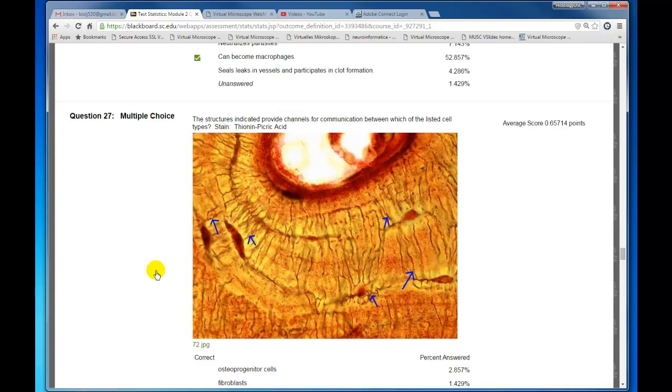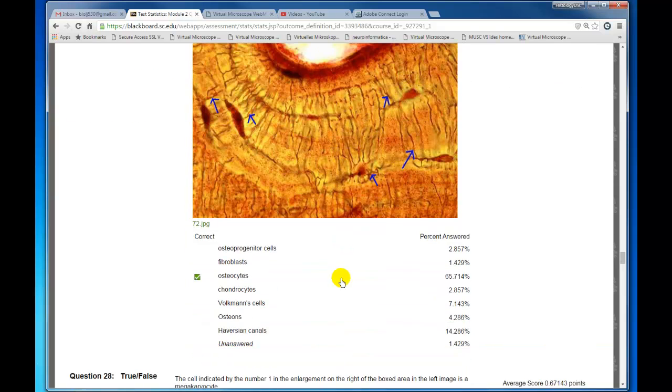Well, you need to recognize that this is bone tissue, and these are canaliculi, and these large oval structures are lacunae containing osteocytes, and the processes of osteocytes extend through these tiny canals called canaliculi. And so number 28,